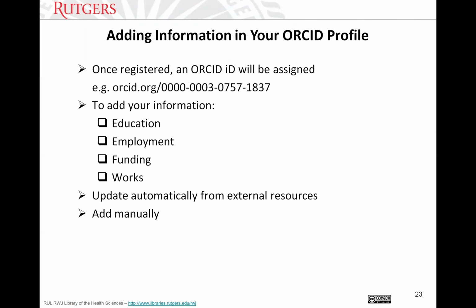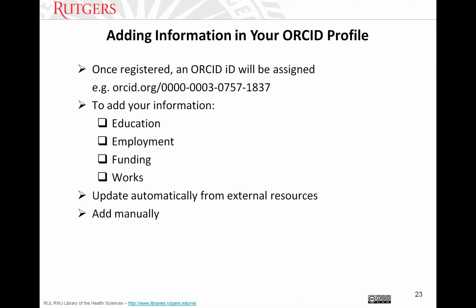To add information in your ORCID profile, so first, as I mentioned, you need to have an account and log in, and then these are the sections in your profile that you need to populate, add the information into these sections. The most important part to me is the work section. This is your scholarly works listing area. You can import these from different